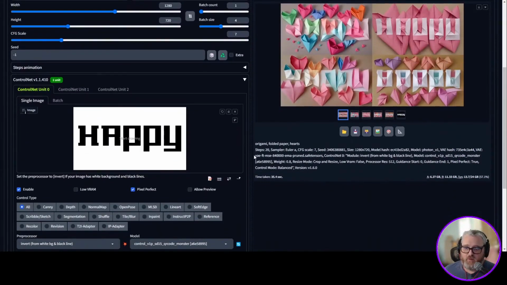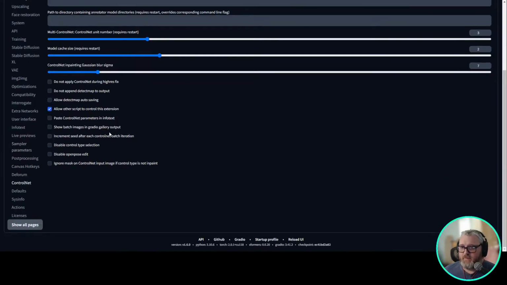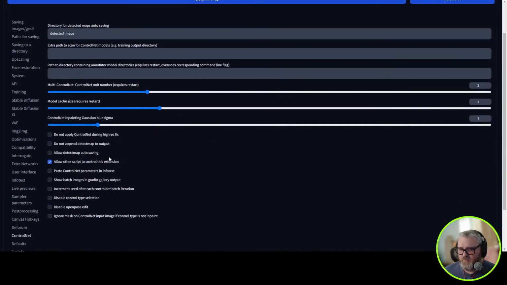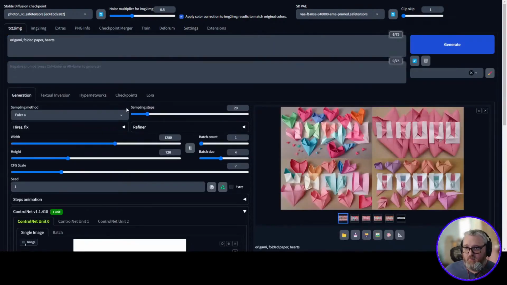So one of the cool things about ControlNet is you can stack them. I believe ControlNet comes with just one unit enabled by default. So what you want to do is go to settings, ControlNet, and then I believe there's something here for multiple ControlNets. Yeah, multi-ControlNet. I have 3. You can put as many as you want. You'll run out of VRAM if you have too many. But basically, let's stack ControlNets on top of each other, and I'll show you what I mean once we do that. So I'm going to set it to 3, restart it, and when it says requires restart, it means you got to actually restart the whole Automatic1111 thing. So just do that, and then it'll come back.